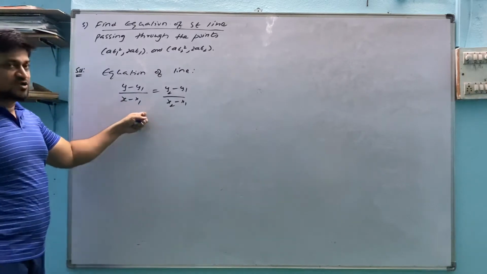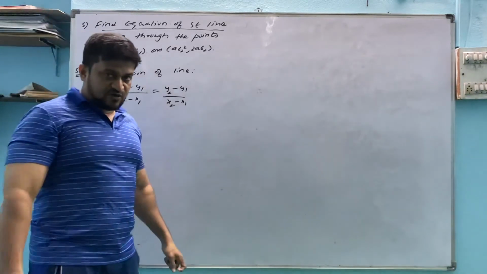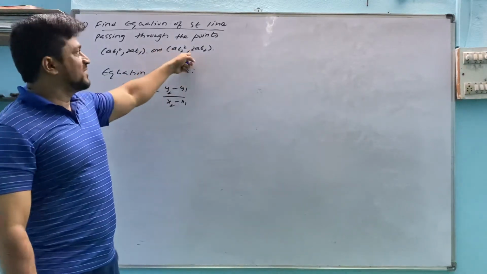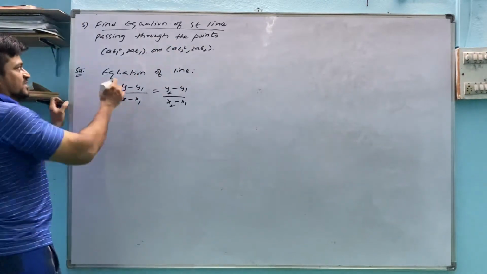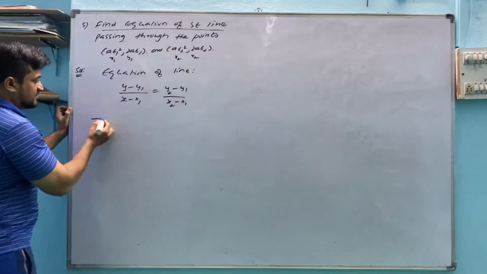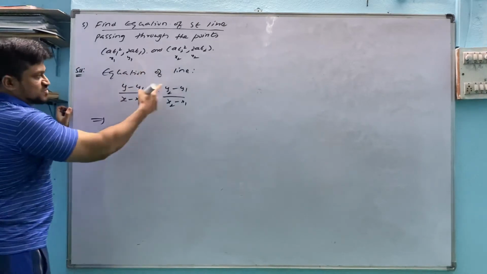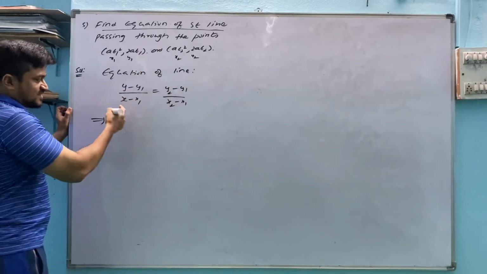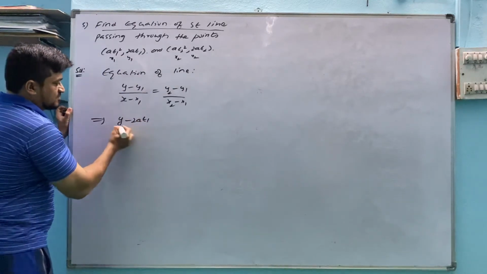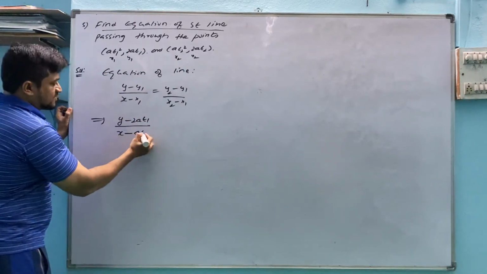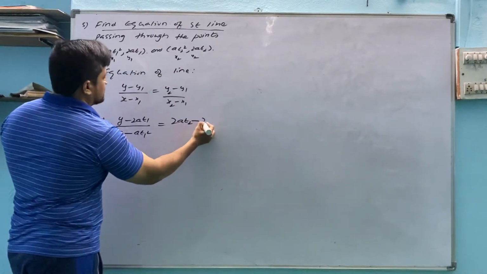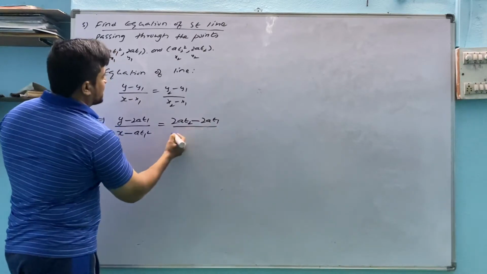Why are we using this formula? You have to learn the list of formulas. From that list, you can find it when the equation of a line and 2 points are mentioned to you. That time we will use this one. x1, y1 is the first point, and x2, y2 the second point. Only x1, y1, x2, y2 should be substituted. x and y remain the same here. y minus y1, x minus x1, y2 minus y1, by x2 minus x1.